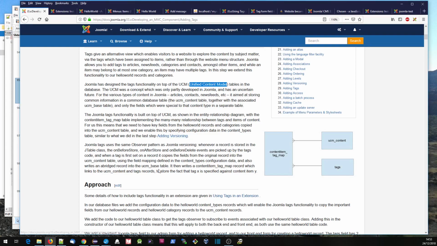And this idea, as far as I can understand it, was to hold all of the data which is common to various things like articles or menus or banners or contacts, whatever, in a common table. And this common table was UCM content. And the tags functionality, and maybe to a slightly lesser extent, the common history functionality, has been built on top